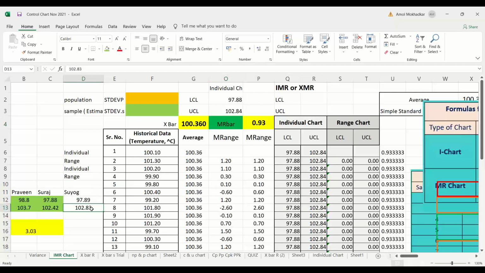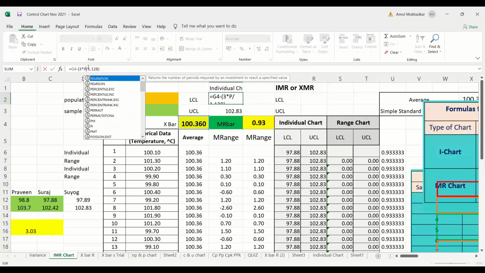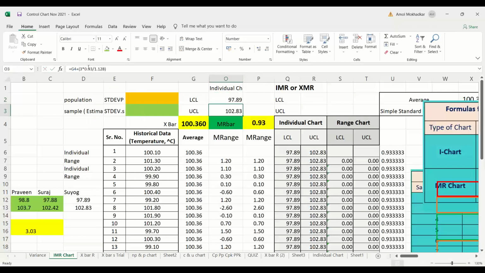Here Suyog has calculated 102.83, that is also okay, because if I take R bar as 0.93 you might not be seeing the whole range. So 102.83 is also okay. Here also I will take 0.93 because 97.88 is the correct answer. Suyog has taken the absolute value. You got 97.89, 102.83. It is correct.